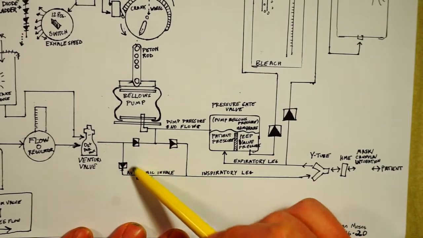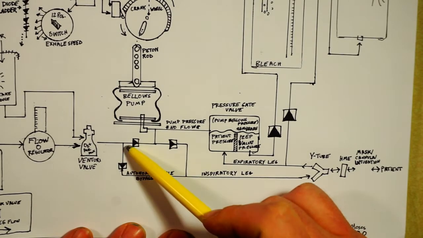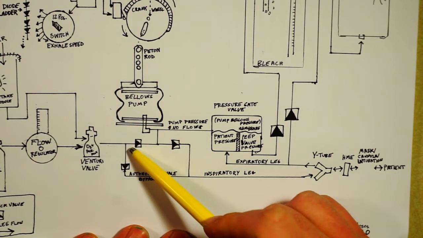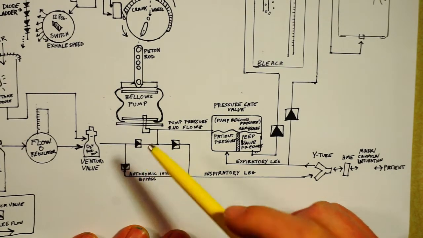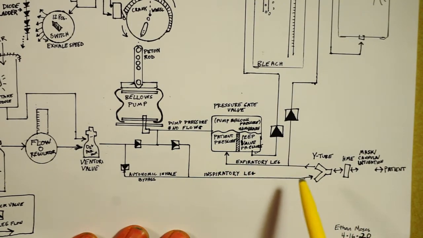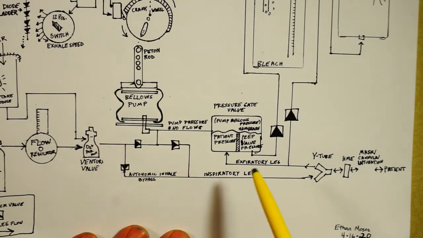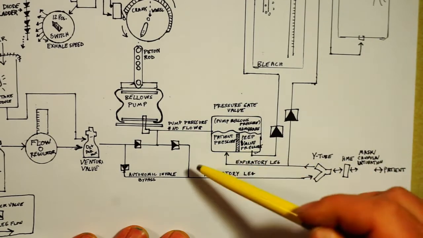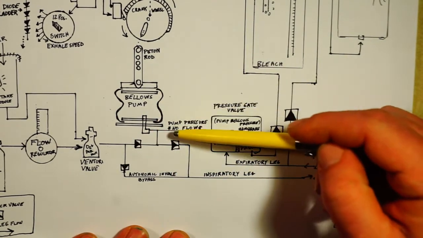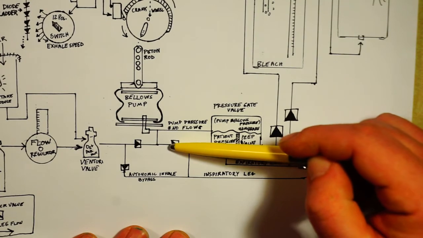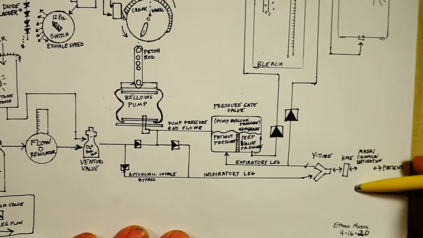So this leg of the system, we call it the Autonomic Inhale bypass. It's questionable whether this is absolutely necessary, but what this is for is to allow the patient, if there's some sort of autonomic inhale during the exhale cycle, to continue to breathe around the pump. So what happens is during the exhale cycle, while the patient is exhaling, the bellows is inhaling, and it's pulling a vacuum on this check valve, thusly closing it to the patient. So if the patient were to inhale,